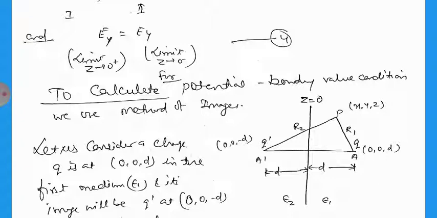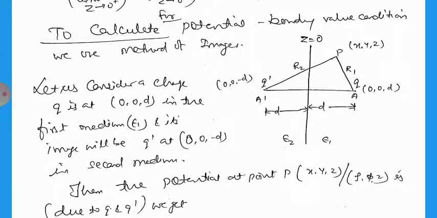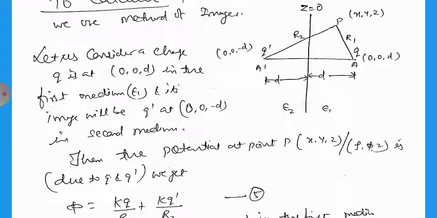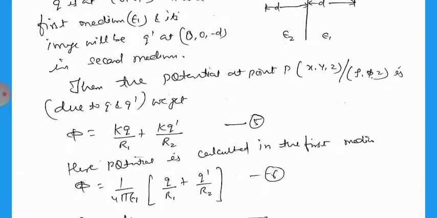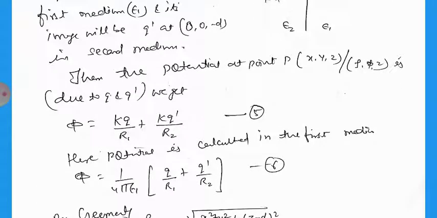So the distance between P to A is R1 and P to A dash is R2. So the potential at point P (x, y, z) can be written in Cartesian, or in cylindrical coordinates (rho, phi, z), or in spherical coordinate system; we can write it in any of them. So for the point P we can write phi equal to kq by r1 plus kq dash by the